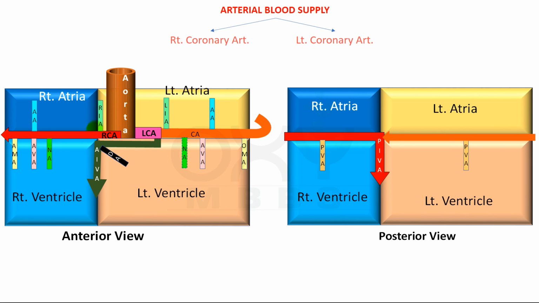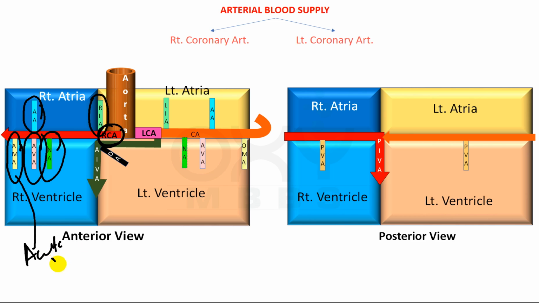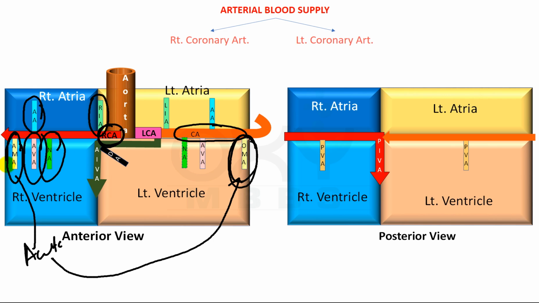Now friends, let's talk about the branches of the right coronary artery. So the first branch is the right infundibular artery, then there is the SA nodal branch, then the anterior ventricular branch, then the atrial branch, then this one is the acute marginal branch. And if there is acute then there must be obtuse, and this obtuse marginal branch is from the circumflex artery, which supplies the left side of the heart, and this acute marginal artery supplies the right side of the heart.